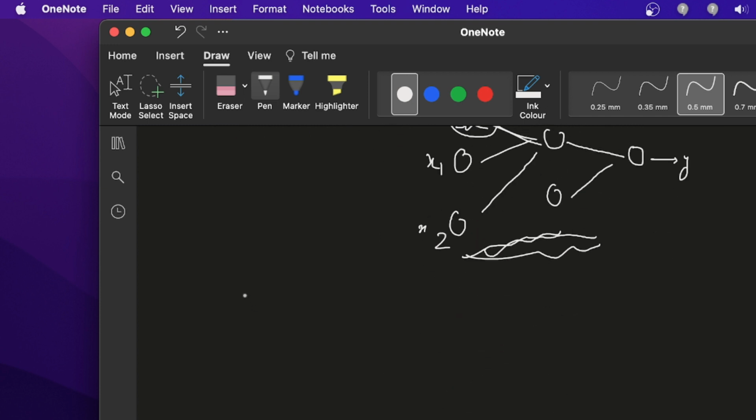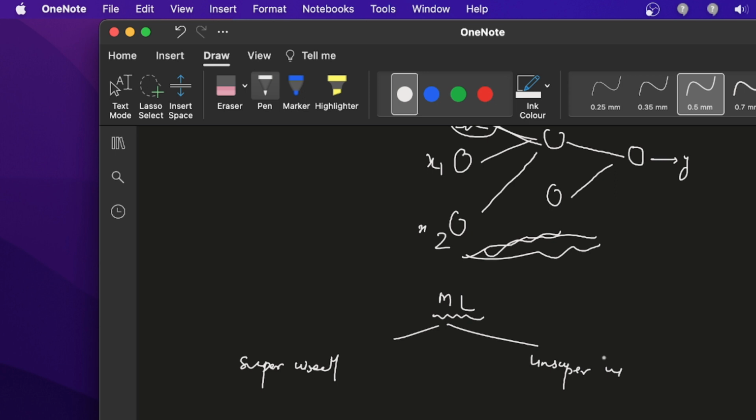So how does the neural network solve the problem? In the first day of the machine learning class, I explained that machine learning has two types. One is supervised, and one is unsupervised.